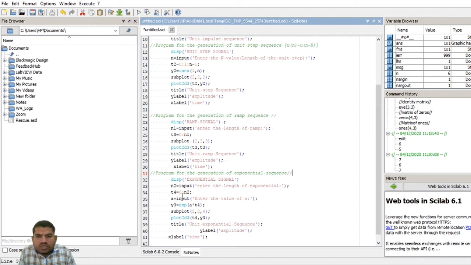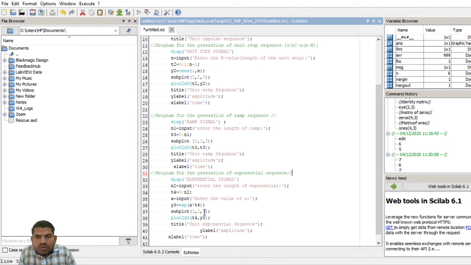T4 goes from 0 to whatever n2 value you give. Enter the value of a; if a is 1 plus 1, we get the exponential increasing signal. And y3 is the exponential e to the power of a into t4, the exponential increasing signal.